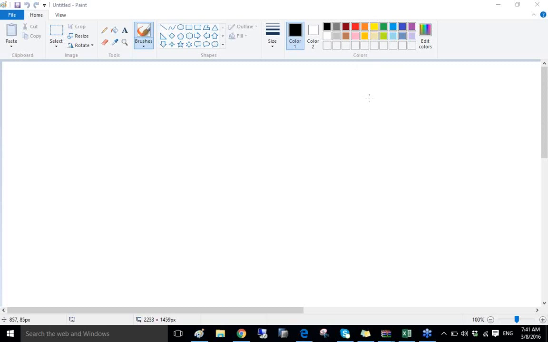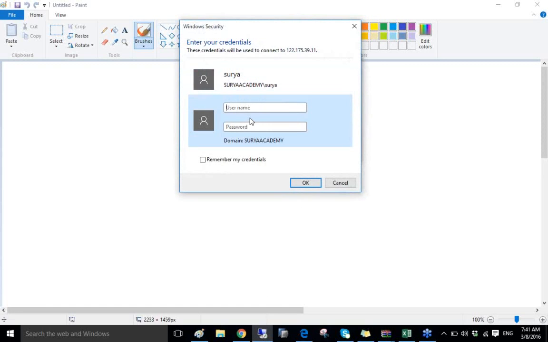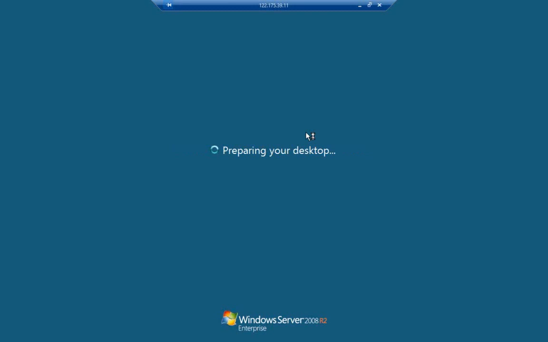So let me first log into the system just to show you. I'm trying to do a quick recap from yesterday's session. So once we log into the remote desktop connection, so now we can